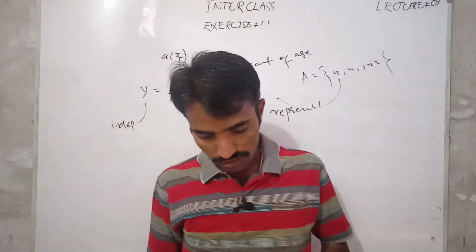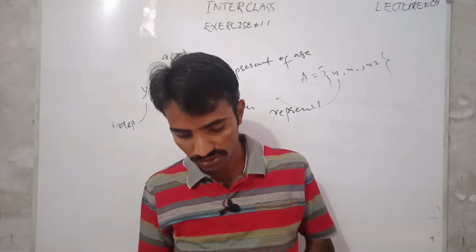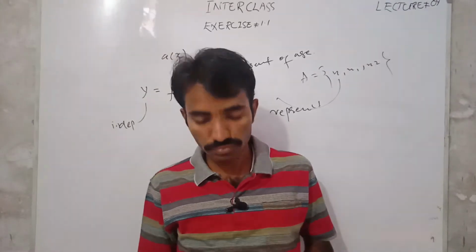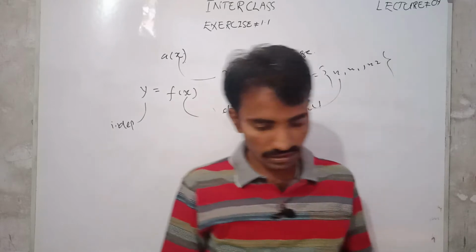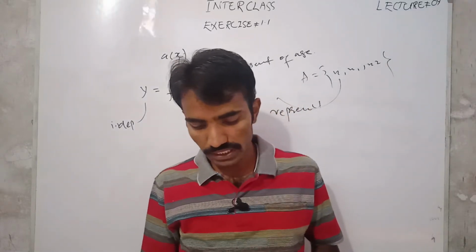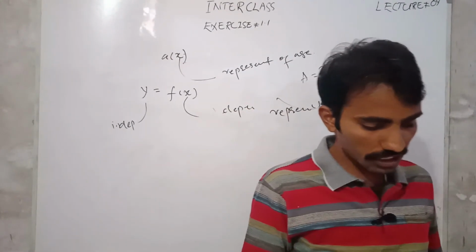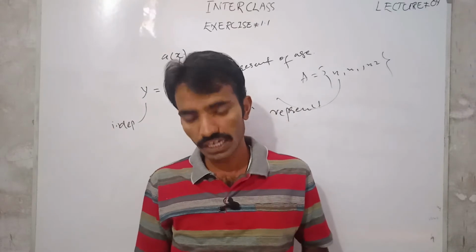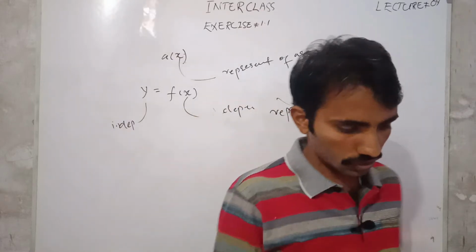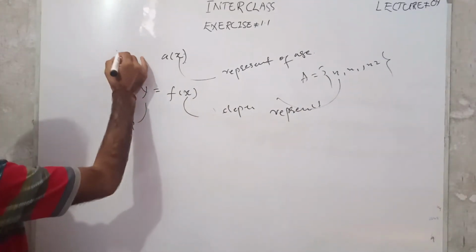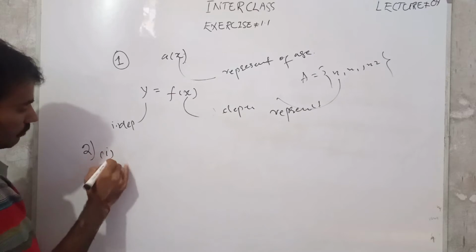Now we will move to the next problem, number 2. In each of the following, find whether f is a function or not, and also find the domain and range in each case. Problem number 2, first part: f assigns to each parent in a town his or her first child. So what we have to do is find whether it is a function or not, and second, find the domain and range.